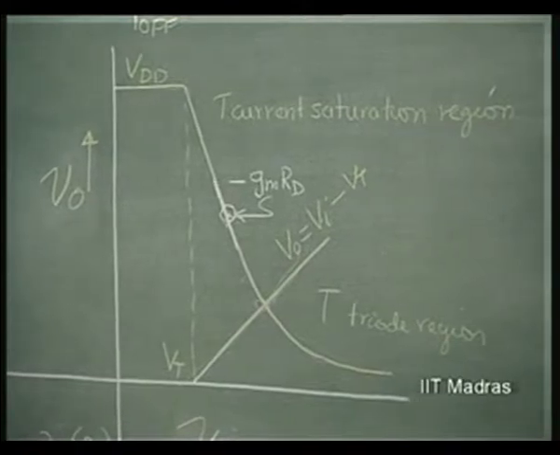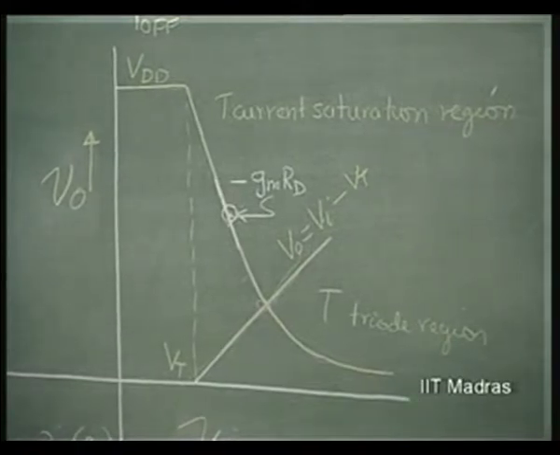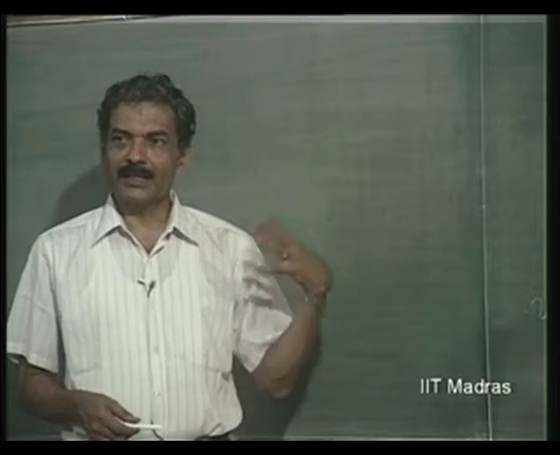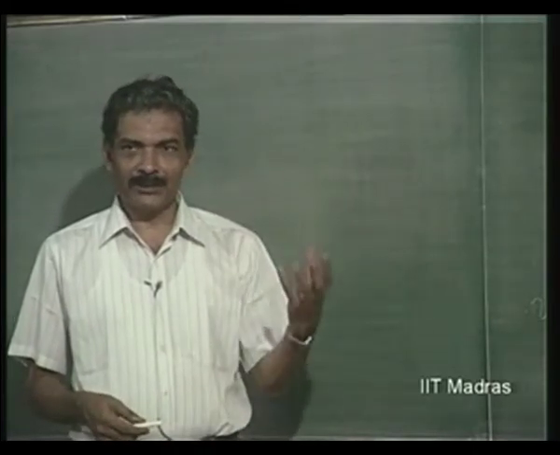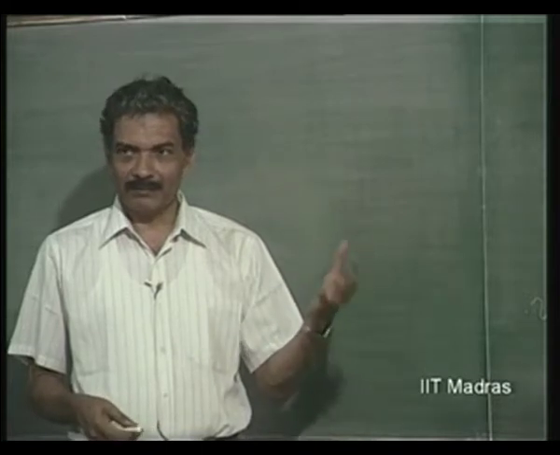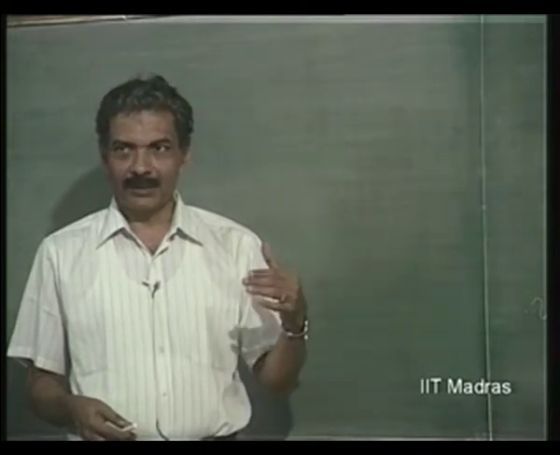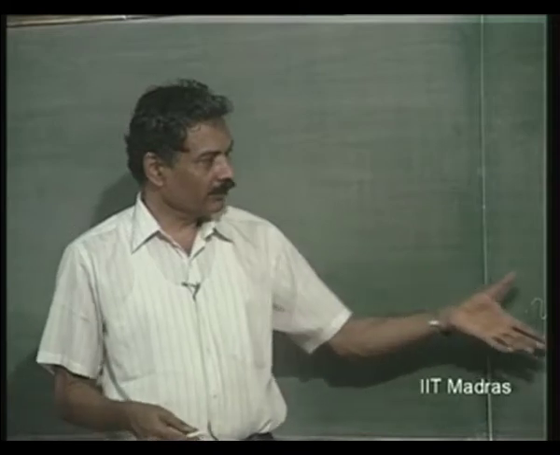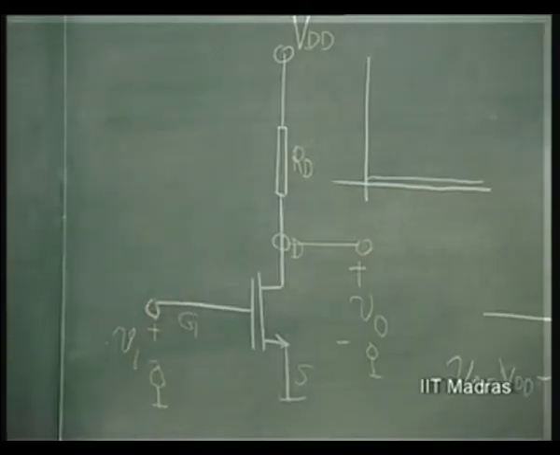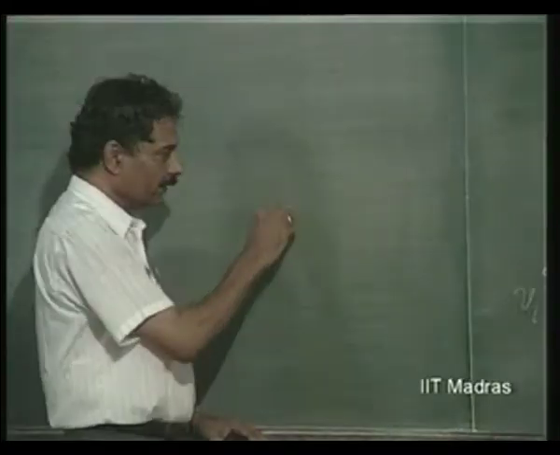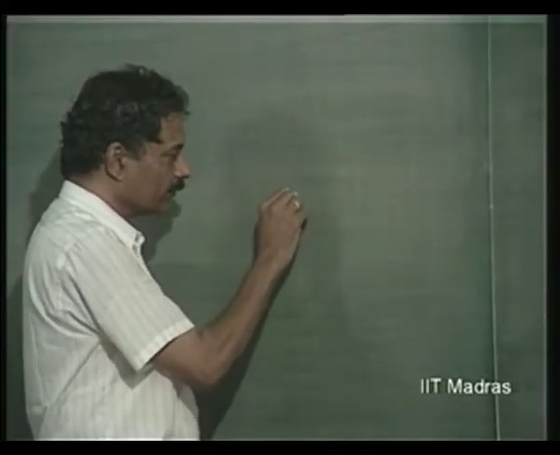Now, therefore, for small signal, and we have also now understood what is meant by small signal. It causes second harmonic distortion, and in order to keep the second harmonic distortion low at a particular percentage compared to the fundamental, we have to use this small signal approximation, and therefore, in the small signal region the equivalent circuit